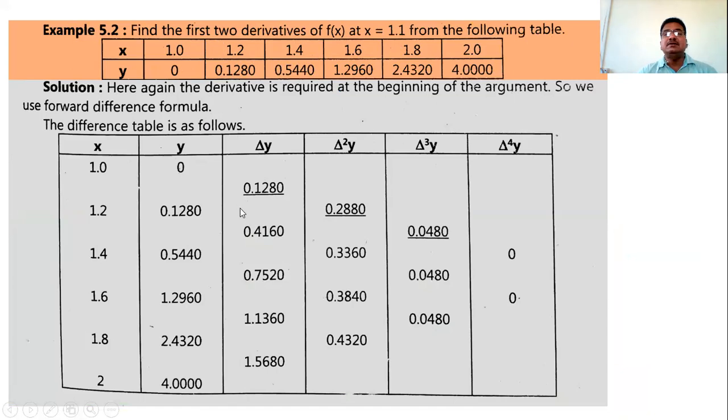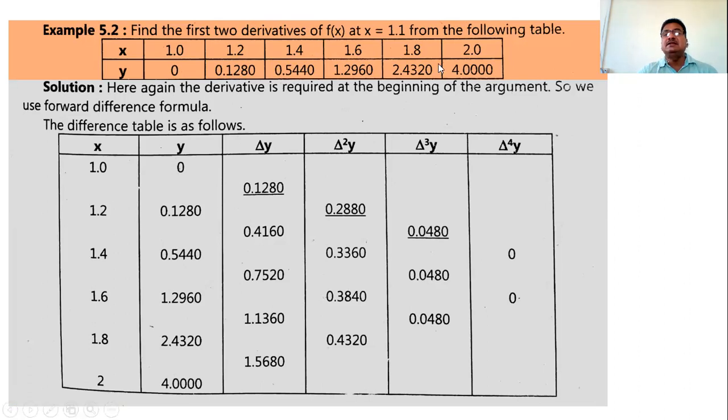And for that, first prepare the forward difference table, because if the value is at the beginning of the table, then we have to use the formula that involves delta square, delta cube,